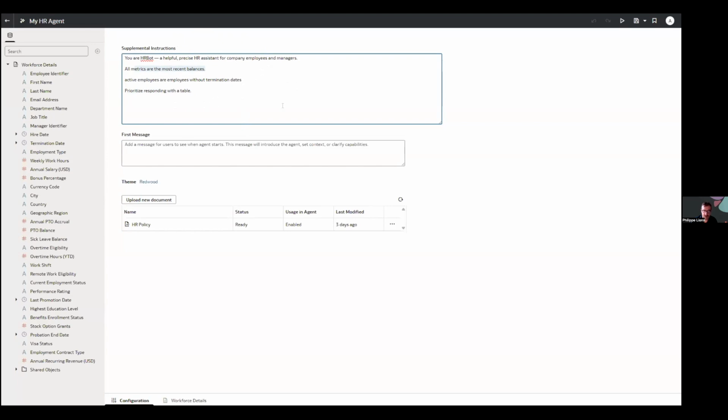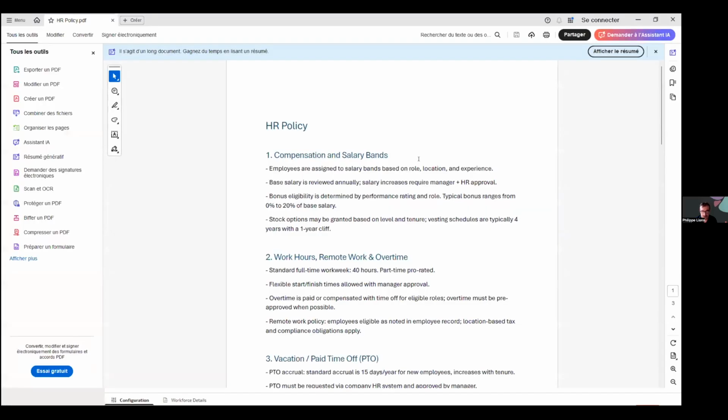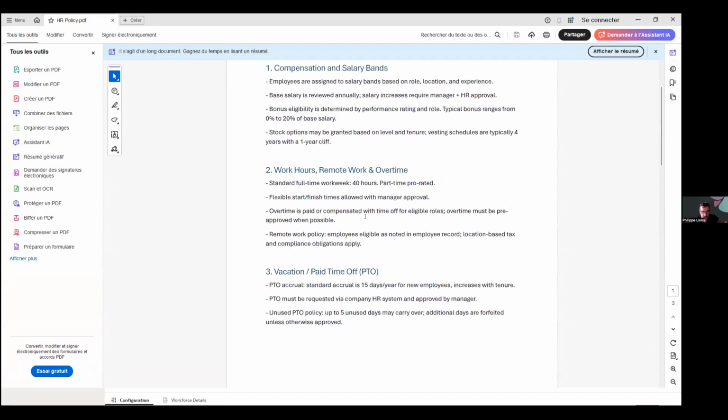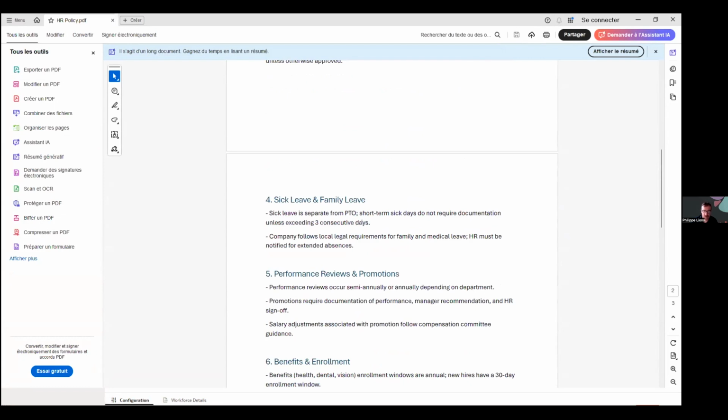That's one aspect. And another aspect is knowledge documents. So this is data about HR. But I also have data about HR that sits in the form of documents and procedures and policies and whatnot. And there is a document that describes salary bands, work hours, vacation time, what have you, all sorts of documented processes for my organization.